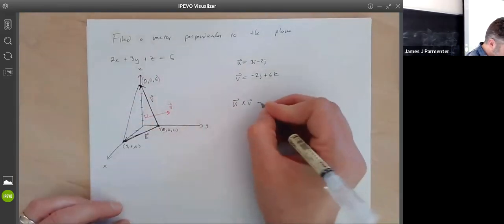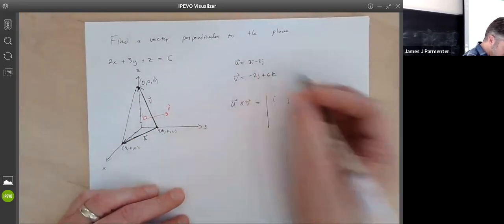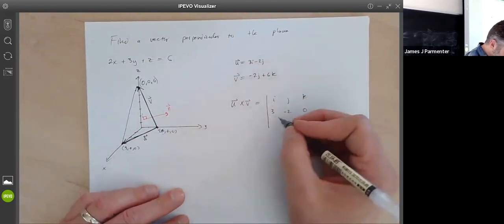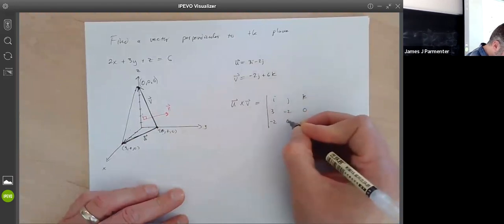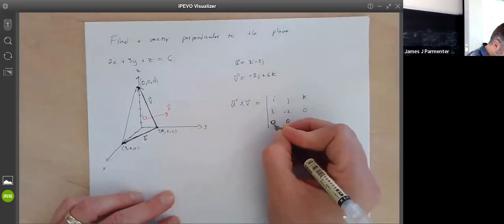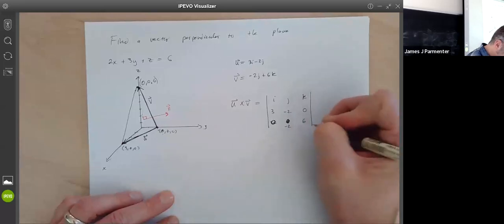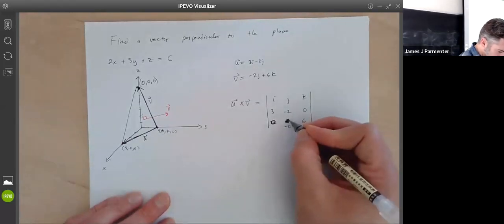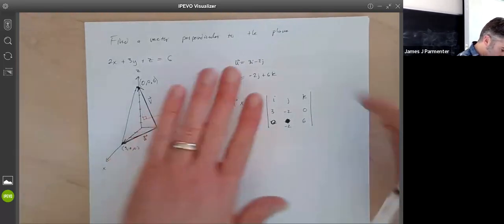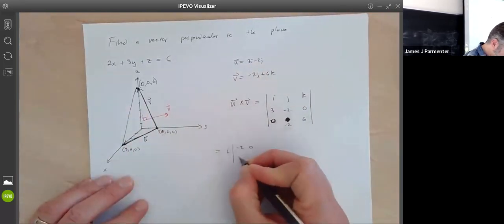So u cross v, I'm just going to do the usual thing. i, j, k, u is going to be 3, -2, 0. v is going to be 0, -2, 6. Oh, I put the -2 in the wrong spot. Sorry, got a little carried away there. So 0i, -2j, 6k. Okay, so then it's going to be i times the determinant of that matrix, -2, 0, -2, 6,